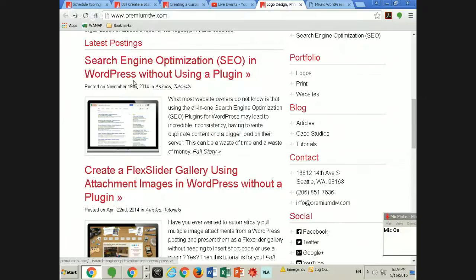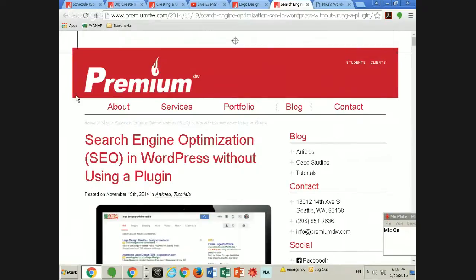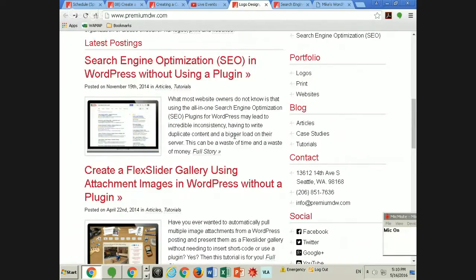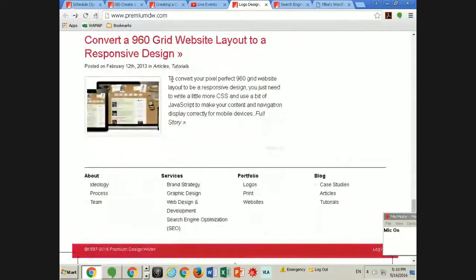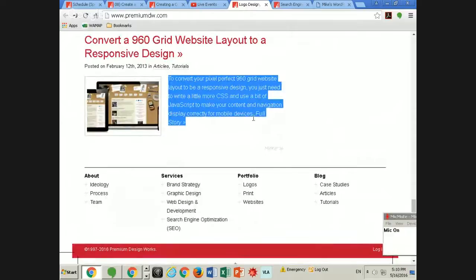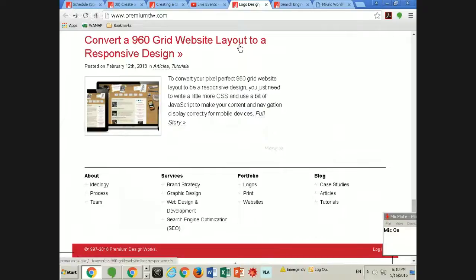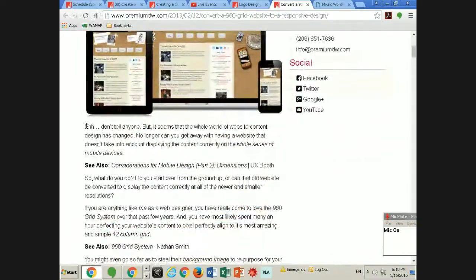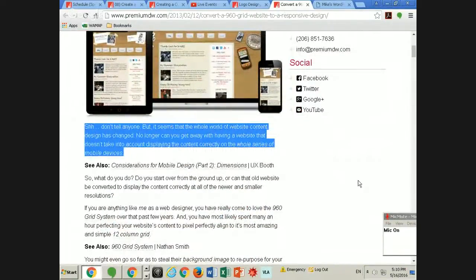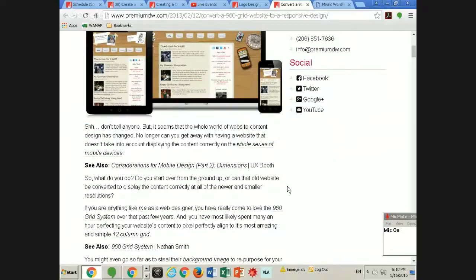So what I mean by that is if I then go to this page, or let's say it like this. If I'm in the blog feed, you guys might remember this one right here. To convert your pixel perfect 960 grid website, so on and so forth, right? Well, if we look at the actual posting, that does not match the first paragraph, okay? So what we can do